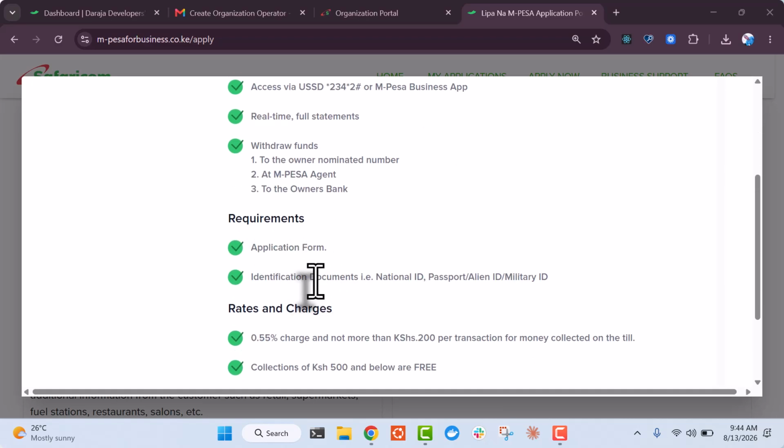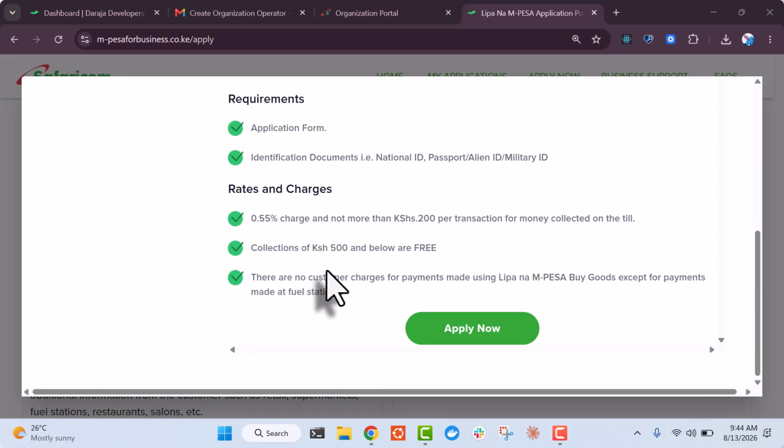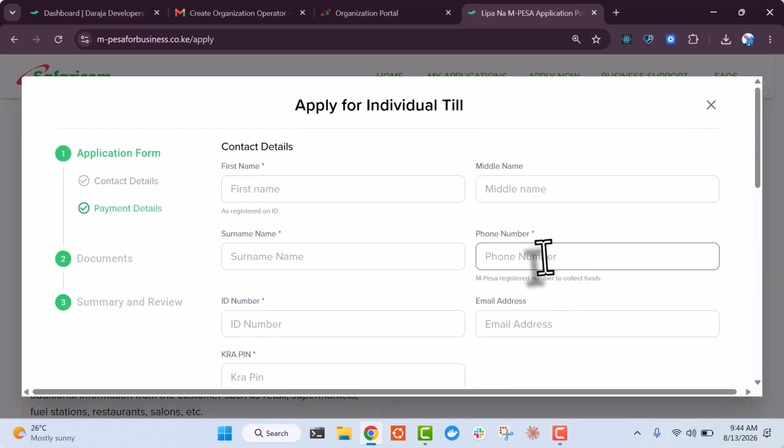The application form, that is what you're going to fill right now. And you also need the identification document, that is the ID, right? We also have the rates here. So that is it. Let's go to apply now. So this is where you're going to key in your details, and they need to be valid details. So just for demonstration, I'm going to